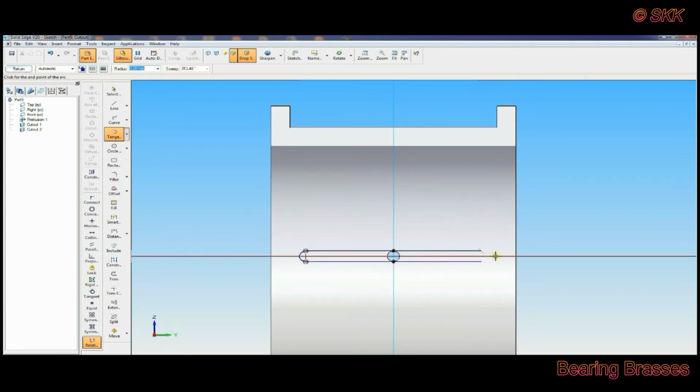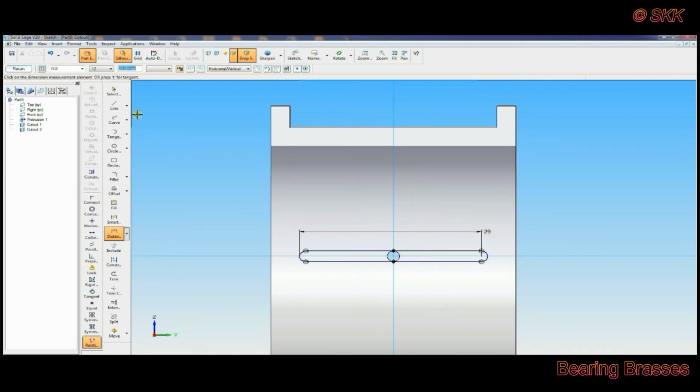These two ends you have to give circle. Now total length is 30. And go to return. You can see the total length is 30. That one is 28. 30, end of the two circles. 30 mm.